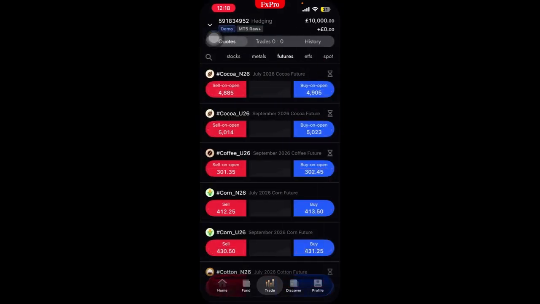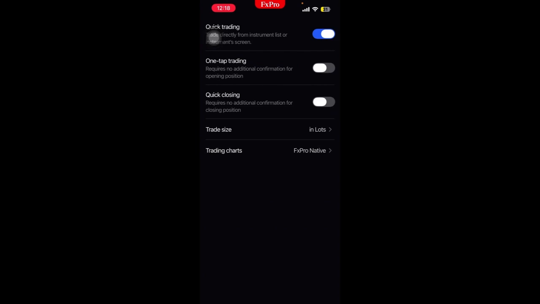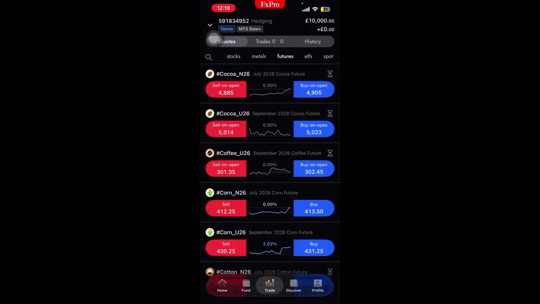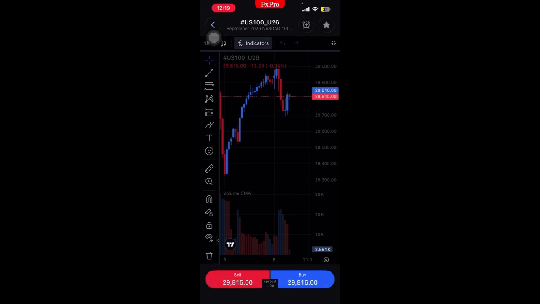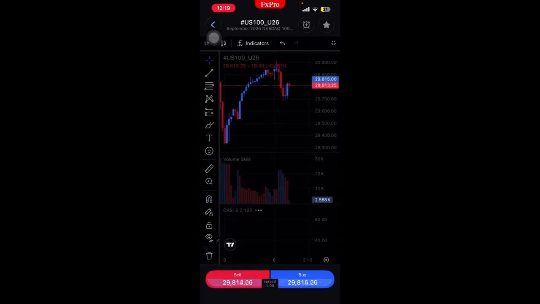So go into profile, and then go to trading settings, and then click trading charts at the bottom, and then press TradingView. After this, you can go back and it should be fixed. As you can see here, I can add all of the indicators on TradingView and integrate them onto the charts